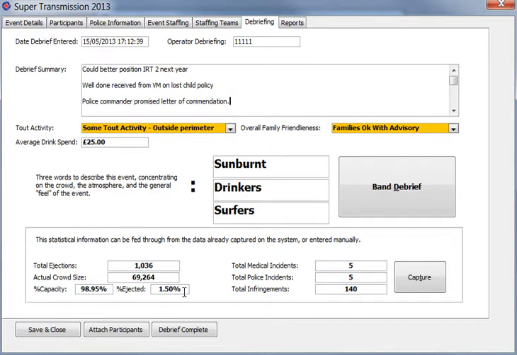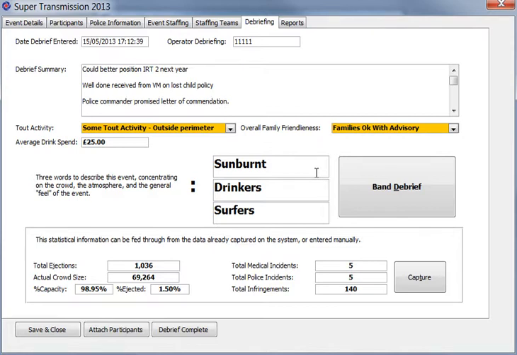That's pretty much as long as it takes to debrief an event. I mean, you've had me waffling on for a good couple of minutes extra here, and you've seen how much information we've captured during that time. That can then be reported on, that can be fed back to the client, it can be fed back to the security company. If the tour security need it, it can be fed back to them as well. The only extra thing we need to do now is debrief on the actual bands. This is very simple, and it's a 10-second job.